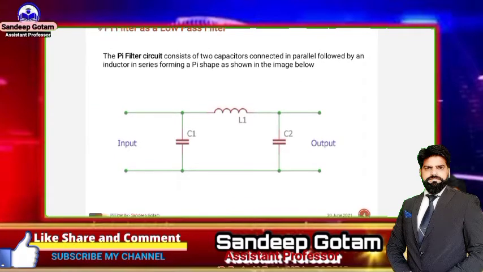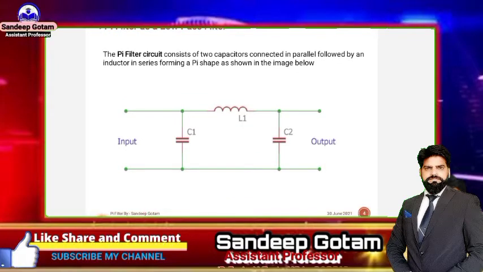So come to the first kind of the pi filter. Pi filter as a low pass filter. Here you can see the diagram. At the input side, meaning the left hand side, we are using the input, and at the right hand side we are using the output. But this is the combination of L and C, and in this we have two elements: we are using a capacitor, and one element of the inductor we are using here in the diagram.